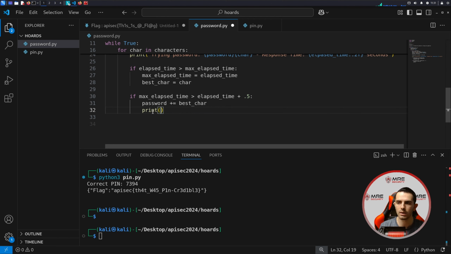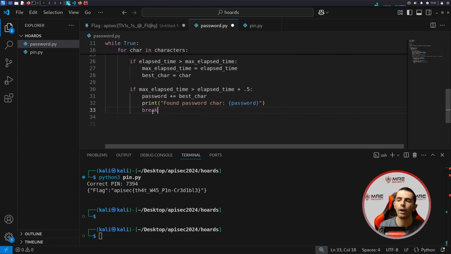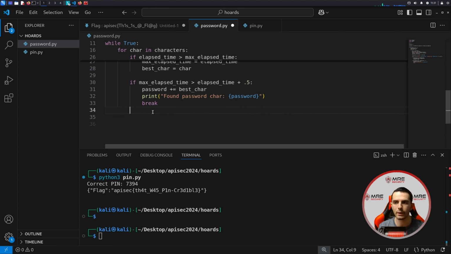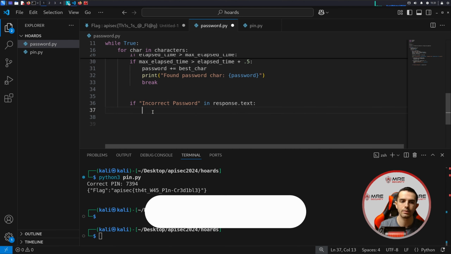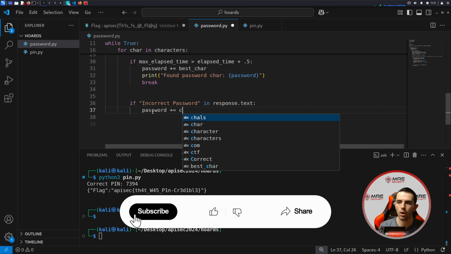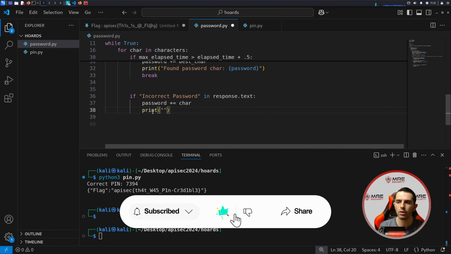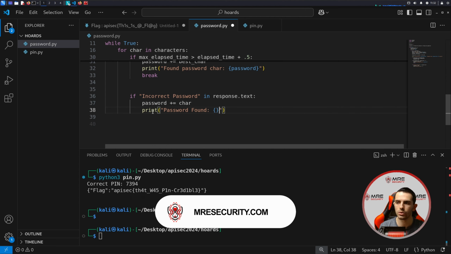We'll also print something along the lines of found password char, and we'll insert the password here, and we'll break out of the for loop so it can continue again. We'll also want to check to see if incorrect password is within the response.text. So in response.text, we're going to want to set the password char as well as the password. So password is found, and we'll also set the password